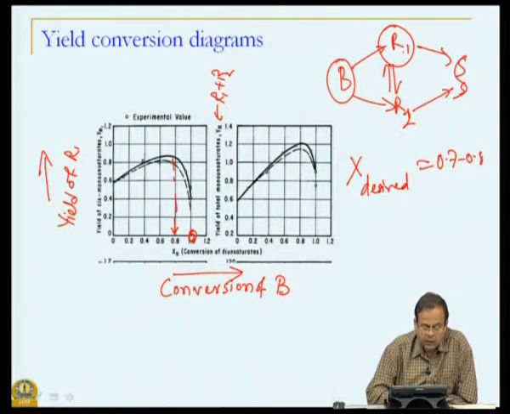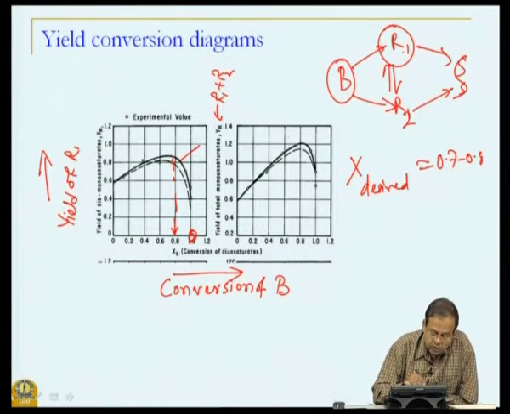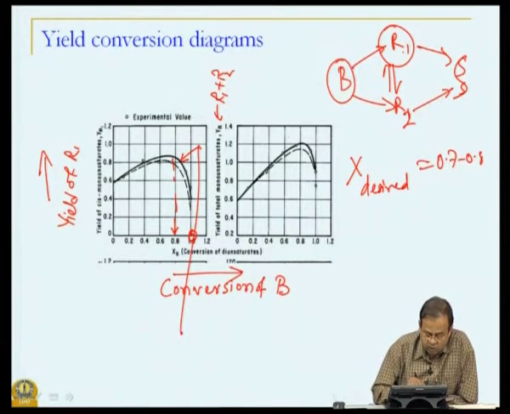That is one aspect. And the other aspect, also apparent in this figure, is that these two different curves, the solid line and the dotted line, are results for different RPM.